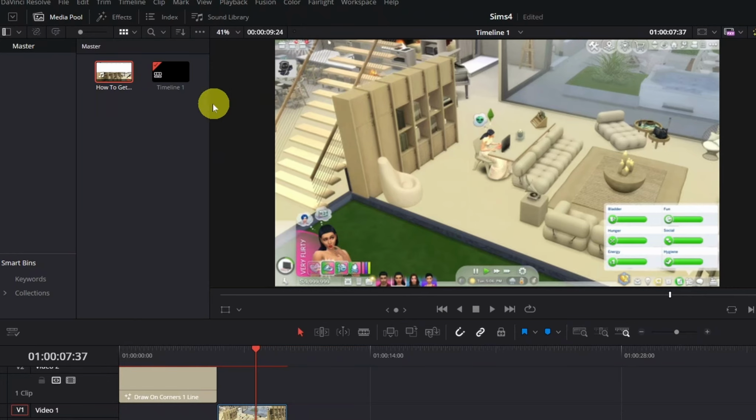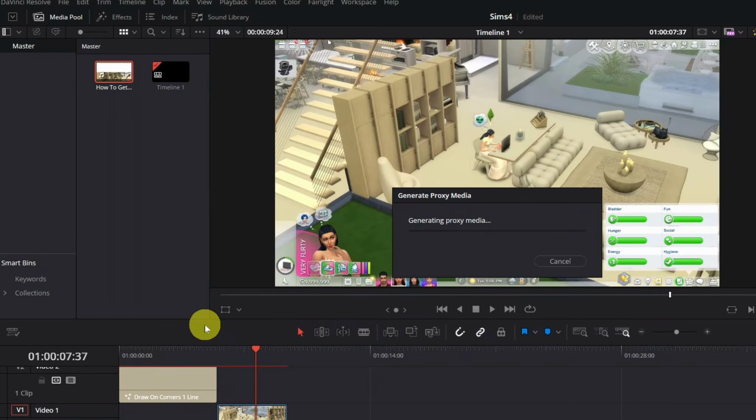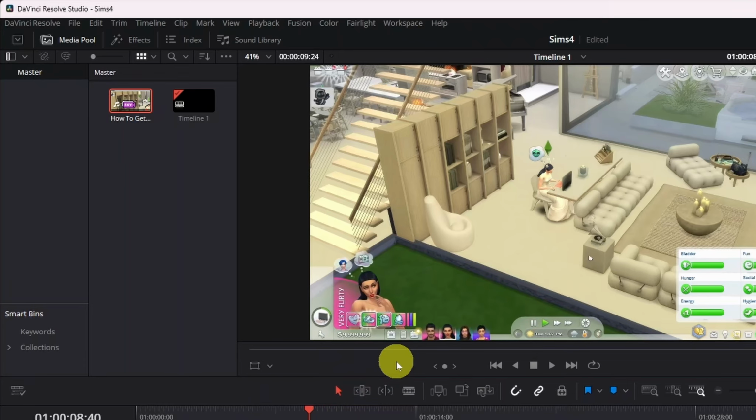Now what you want to do is find your media file here that you're currently editing, and you want to right-click on the file, and you want to scroll down and select Generate Proxy Media. Now you should already see a huge improvement in smooth video playback, and the last thing I recommend you try